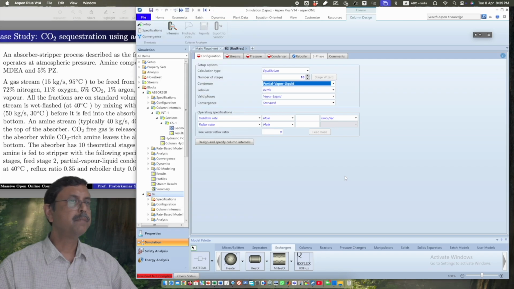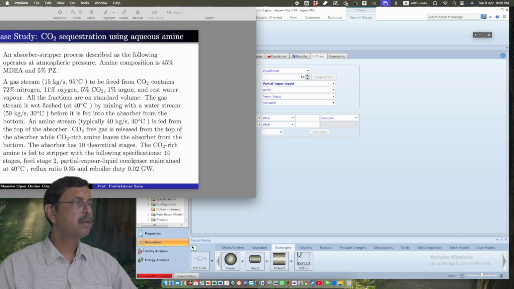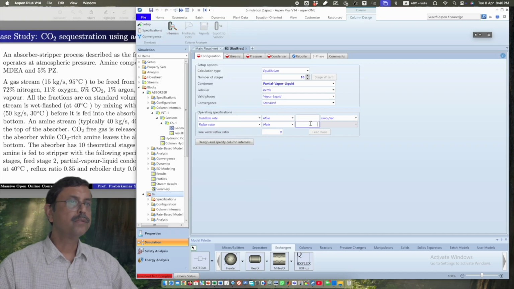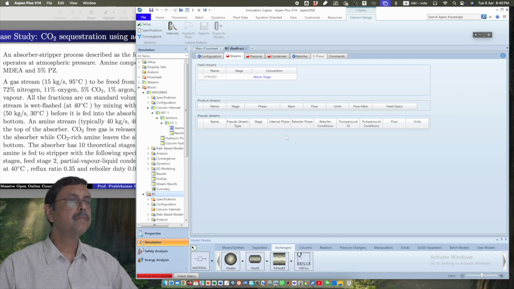So partial vapor liquid condenser, reflux ratio 0.35, reboiler duty 0.02. So this is 0.35, reboiler duty is 0.02 gigawatt, and the stream, the feed stream at second stage,